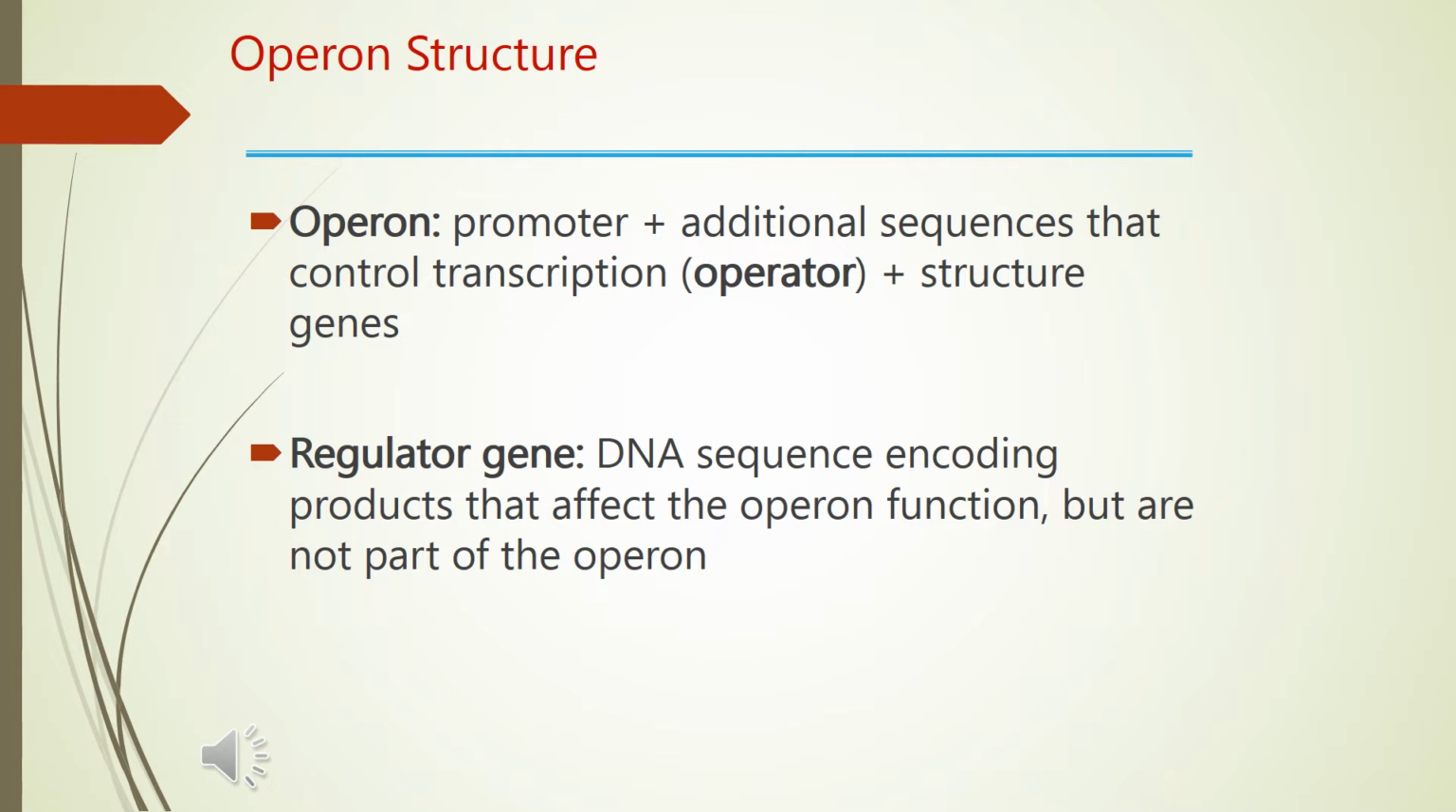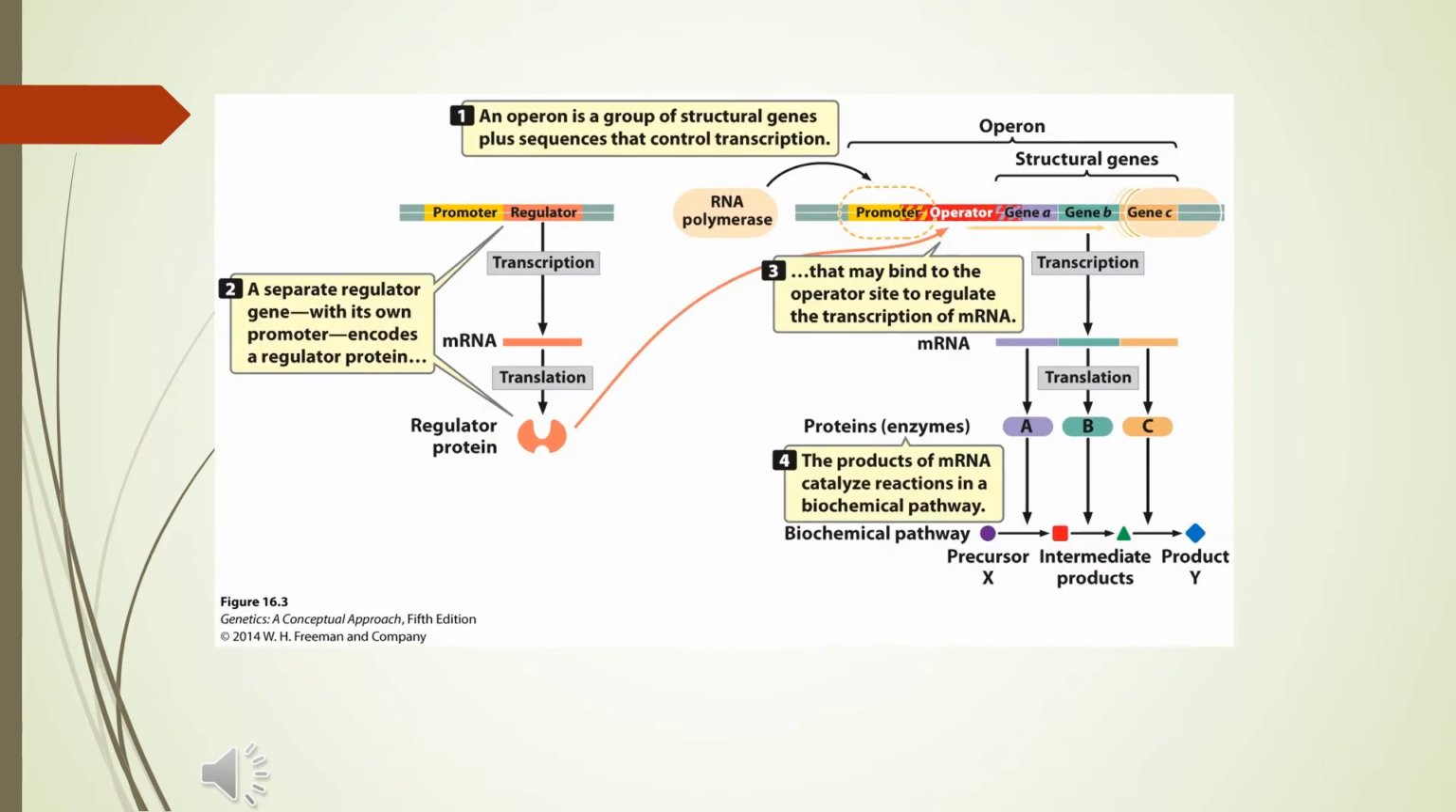So from this picture you can see how an operon works. First of all, you can see a regulator region on the left side. It has its own promoter. It will undergo transcription and translation and produce a regulator protein. This is actually not a part of the operon system, but it can play a vital role in controlling gene expression of structural genes. On the right side you can see that the promoter region is there where RNA polymerase will bind,